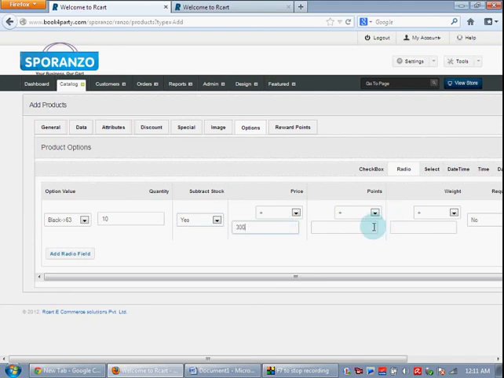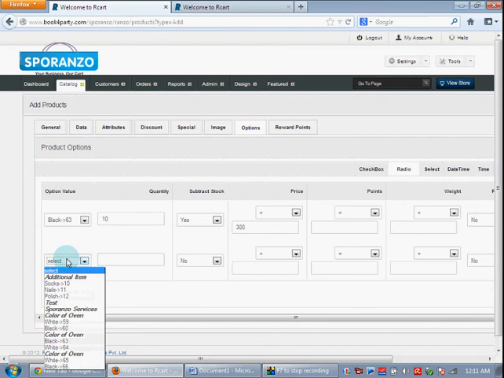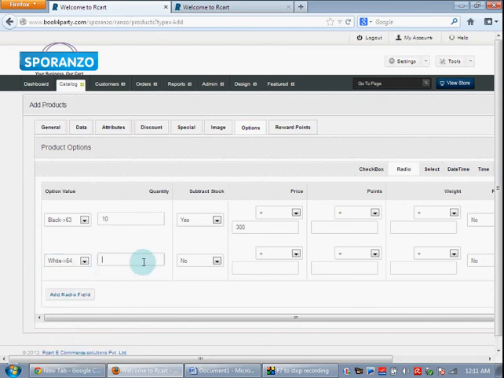And points, no, I'm not offering any kind of points, so I just neglect this. I again go and click on add radio field, and I give my white color again. The quantity I have for this will be only 5. Subtract stock, yes.